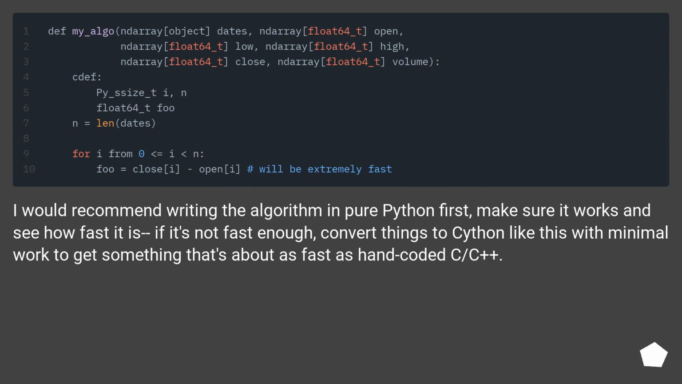I would recommend writing the algorithm in pure Python first, make sure it works and see how fast it is. If it's not fast enough, convert things to Cython like this with minimal work to get something that's about as fast as hand-coded C++. If you want to see more